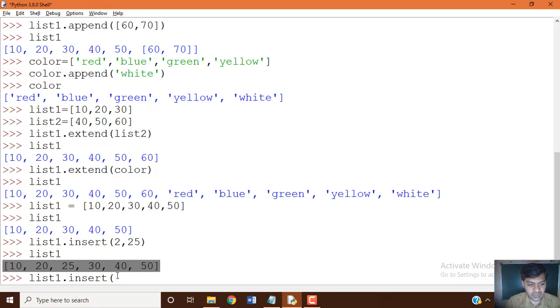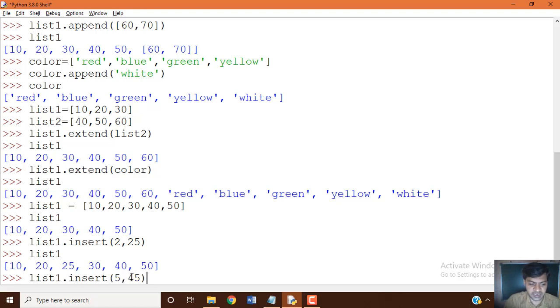For this data, if you want to add after 40, index number 4 has 40, so after 40, if you want to use 45, then you can go for index number 5, 5 comma 45. Then 50 will be shifted and 45 will be placed at index number 5.